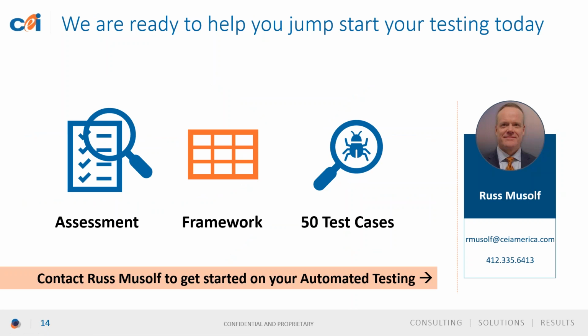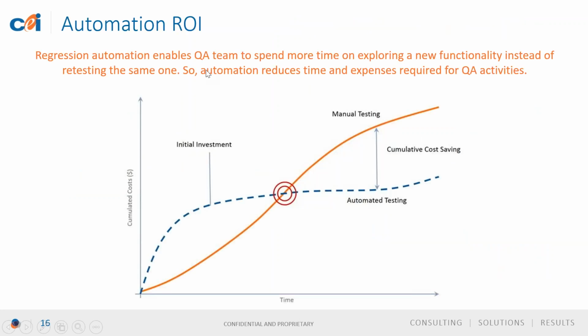Okay, as I wrap up my portion of the webinar, I'd like to share an offer to help you get started down the path with test automation. So free of charge and over a roughly 60-day period, we want to offer a jumpstart engagement where we'll work with you to provide an assessment of your testing practices and a recommendation around what to automate, an automation framework tailored to your environment, and lastly, we'll automate up to 50 of your existing manual test cases. All this is roughly a $50,000 value offered at no charge to you. If you're interested, you can call, text, or email me using the contact information provided on the right hand of the slide. All right, next I'll turn things back to Norma for Q&A.